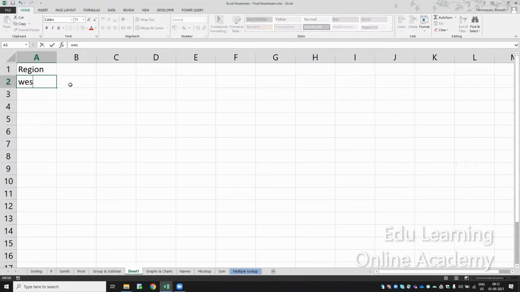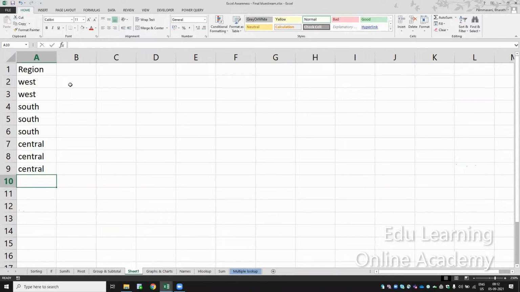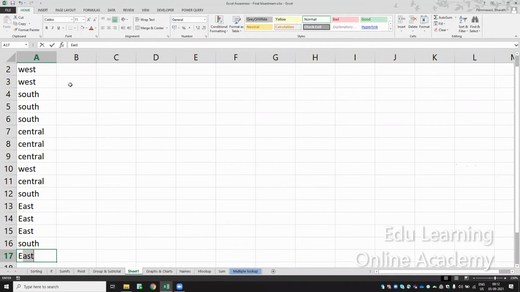Region: west, south, south. So now I have the region wise values.